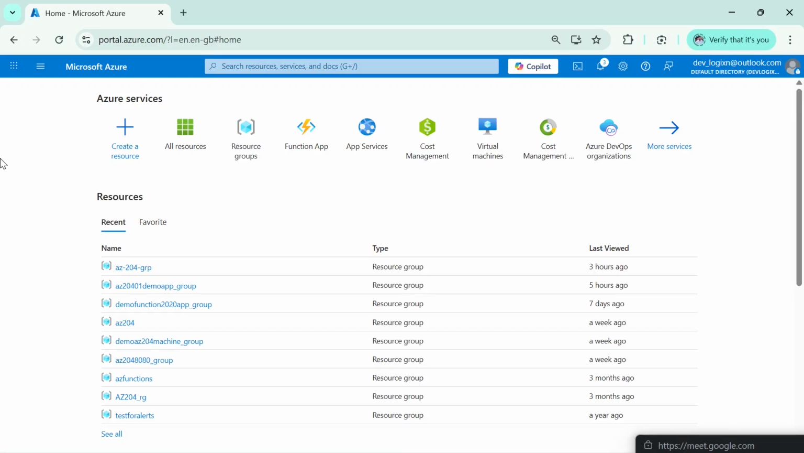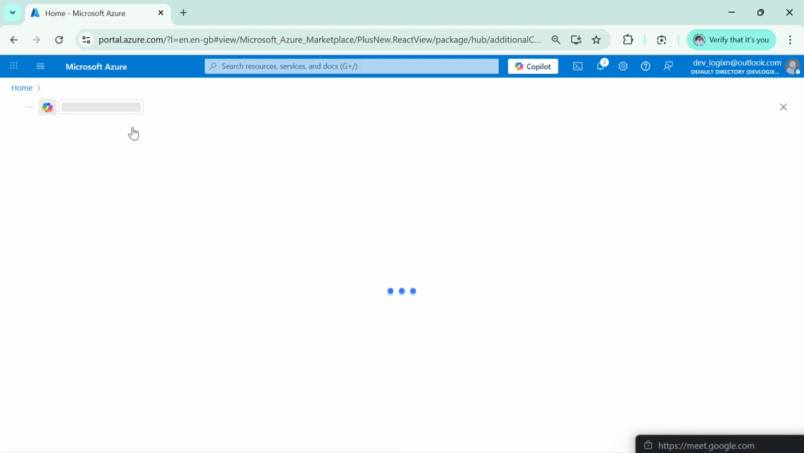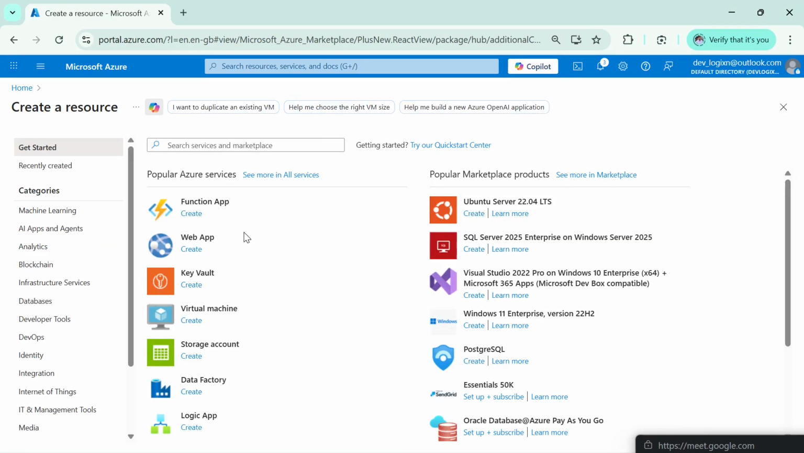Azure Web App is used for hosting your web application. So for creating an Azure web application, click on this create a resource, select this web app,